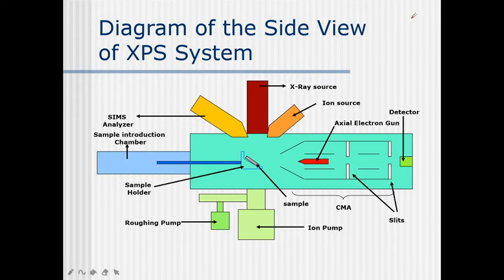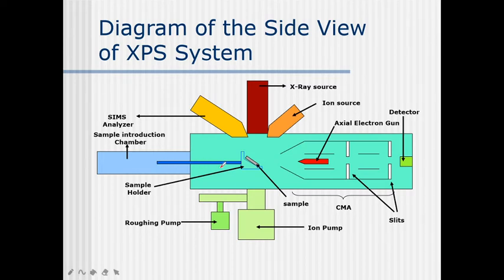A monochromatic X-ray beam emits photoelectrons from the surface of the sample. The X-rays are of either of two energies, that is aluminum K-alpha or magnesium K-alpha. We already know that they are 1486 and 1253 eV. The X-ray photons penetrate about a micrometer of the sample. The XPS spectrum contains information only about the top 10 to 100 angstrom of the sample. That is the depth through which we can analyze the sample.